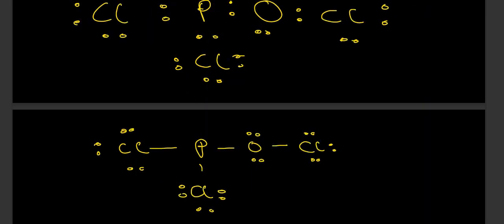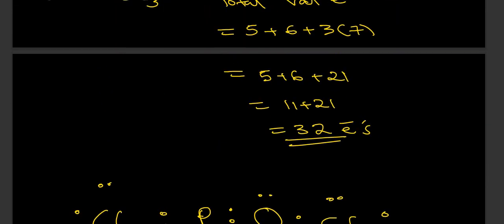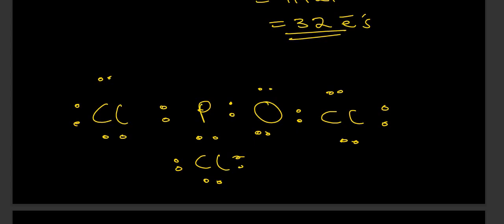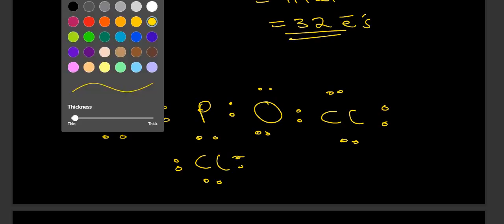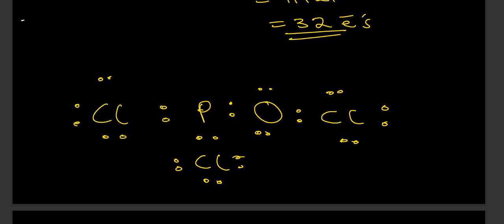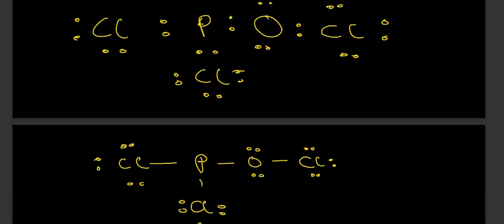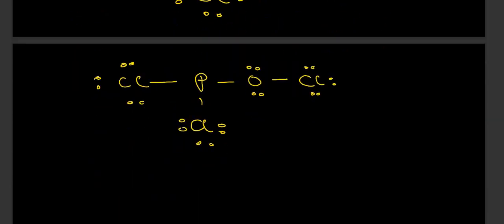The 32 electrons, because here we got the total number of electrons to be 32, and we say the first thing that we need to do is make the outermost shell atoms, or rather the surrounding atoms, to be happy. We are not worried about the central atom. In this case, phosphorus is our central atom. It can either have more than 8 electrons or less. Provided the attached atoms are happy, the whole molecule is going to be said to be stable. So this is simply what you get, and this will be the Lewis dot structure of the molecule that we